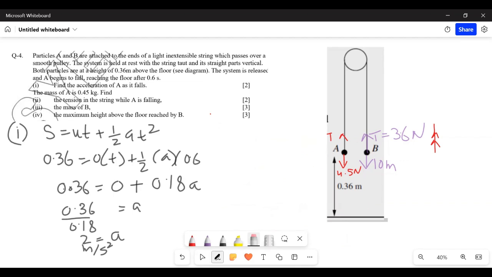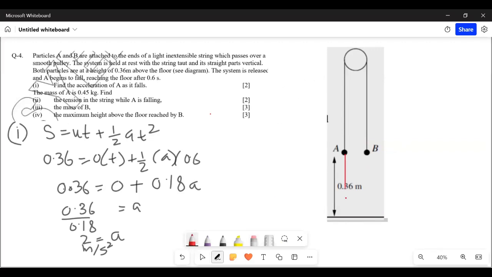Okay. So, maximum height reached by B. So, पहले तो A इधर आएगा when it touches the floor, और B उतने यूनिट्स ऊपर चला जाएगा। यहाँ आ जाएगा, ये 0.36 आ गया, और उसके नीचे भी 0.36 है, यहाँ से लेकर यहाँ तक। सो अभी फिलहाल डिस्टेंस है अबव द ग्राउंड 0.72,